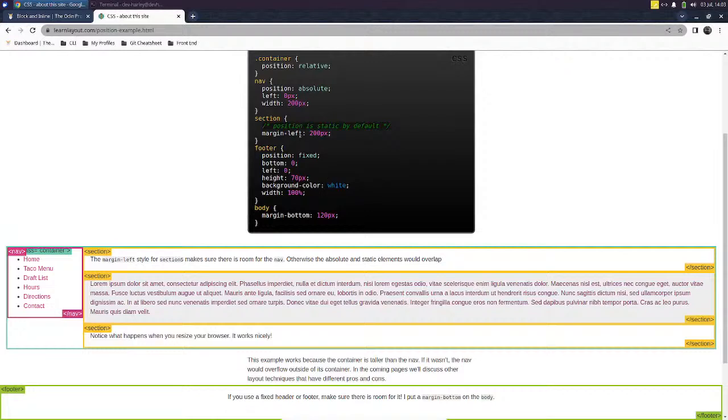We have a section, and there's multiple sections that have a margin left of 200 pixels, so we're 200 from the absolute, so we're pretty much right in line on that. And static by default because we give it nothing, right? And then footer